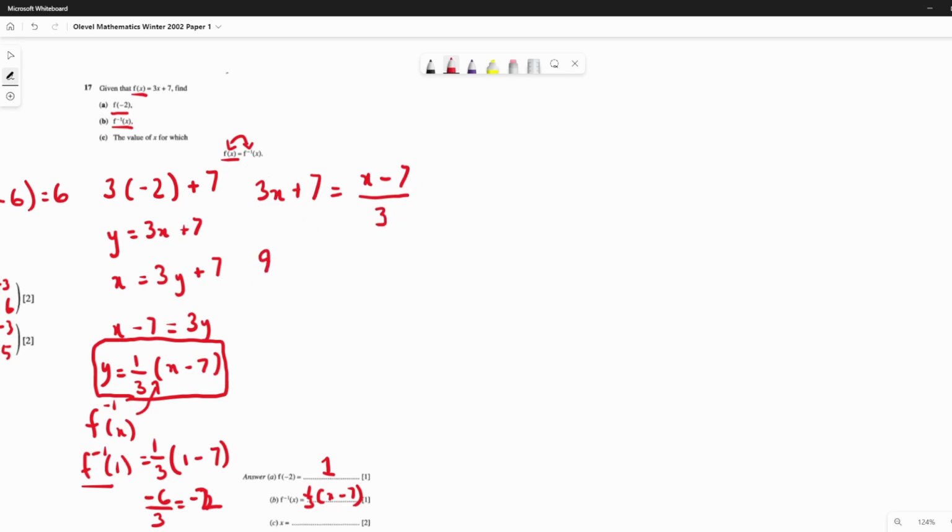So 3 3s are 9x and 3 7s are 21 is equal to x minus 7. And now I'll subtract an x from both sides. So this will become 8x plus 21 is equal to -7. I just subtracted x from both sides. And then lastly, we can just subtract 21 from both sides to get 8x is equal to -28. And this would make x equal to